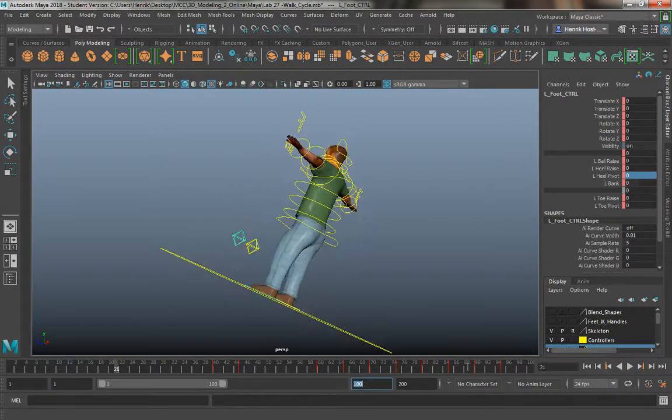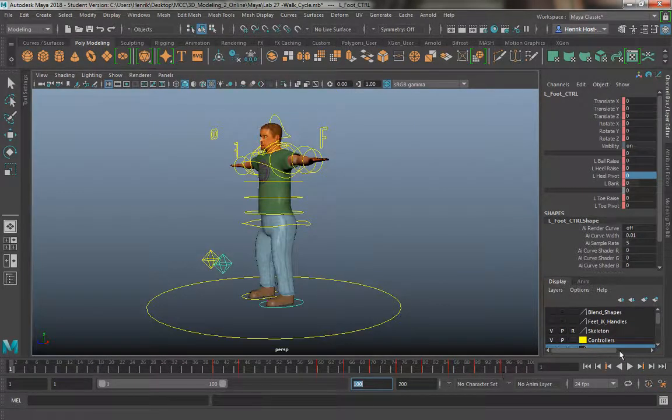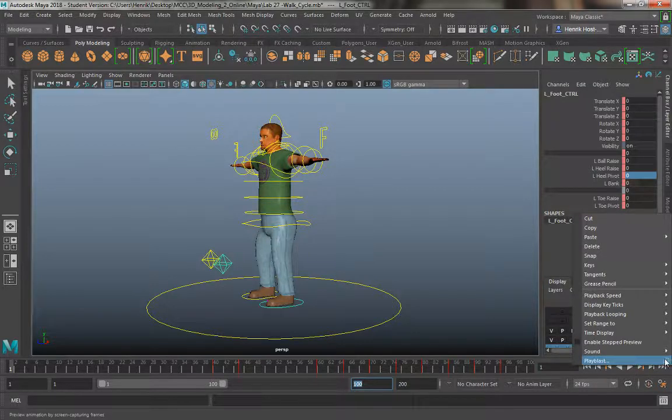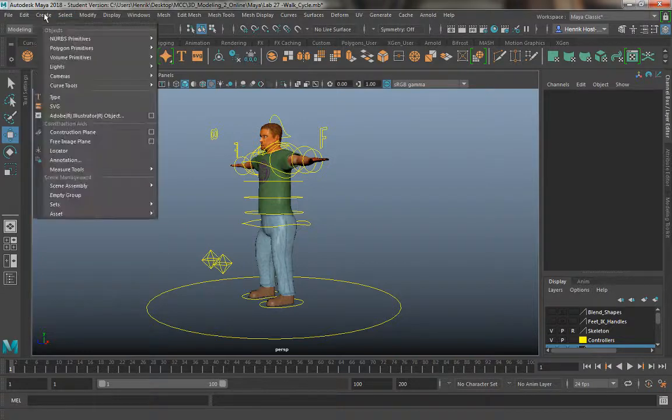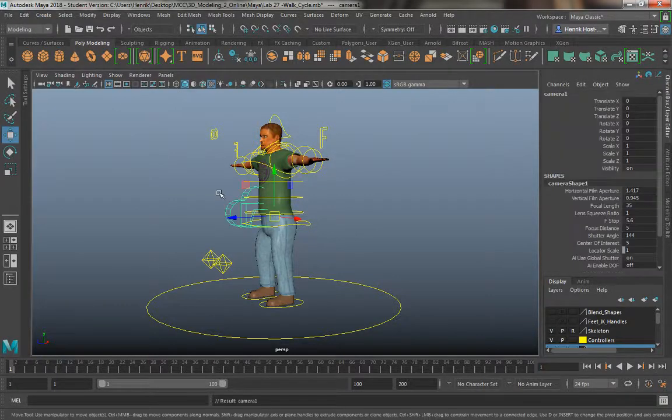So I'm running through all the controls one by one. And what you would do is you just right click and then create play blast. Before I do the play blast, I can also create a camera, and I'm just going to create a regular camera,